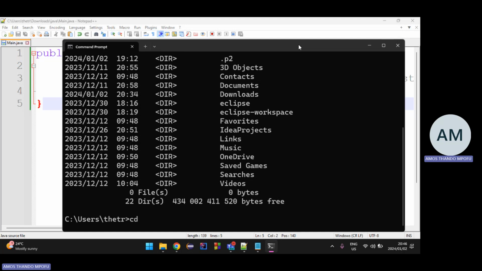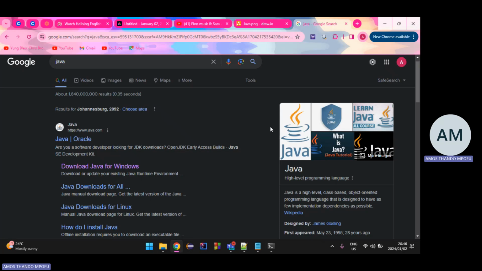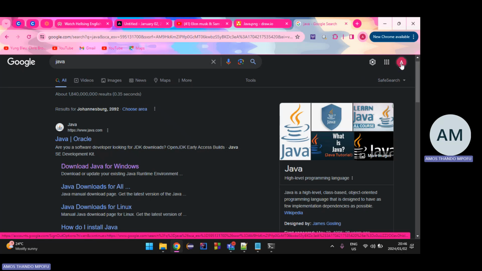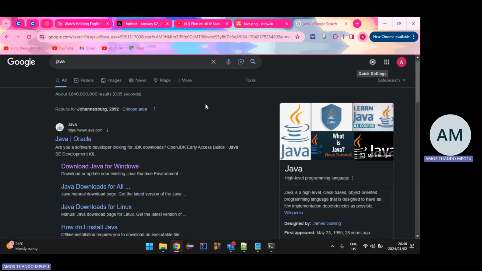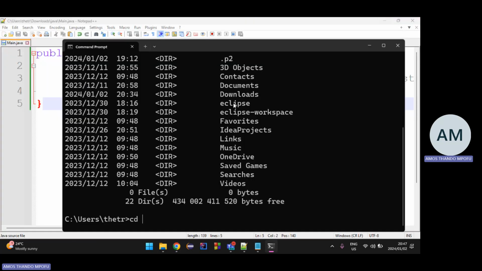A command prompt is basically me doing the same thing that we usually do when interacting with applications. Remember, applications have a graphical user interface. There are buttons, I can click here, I can click there. This is an application with a graphical user interface. With the command prompt, it's text based.